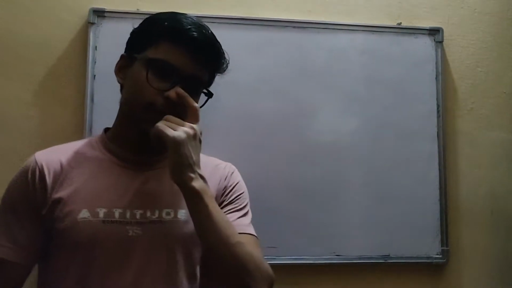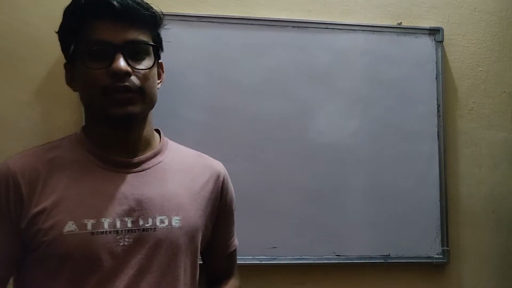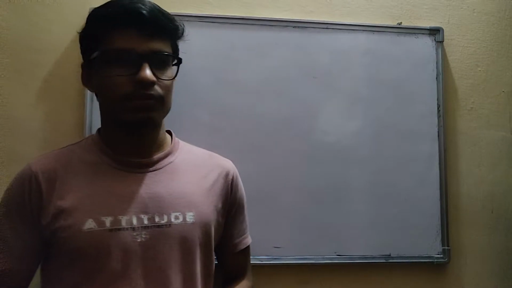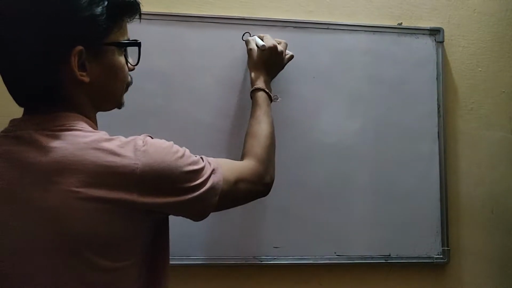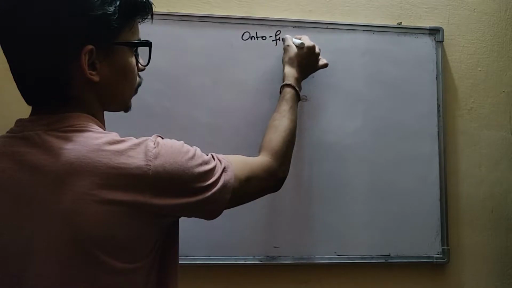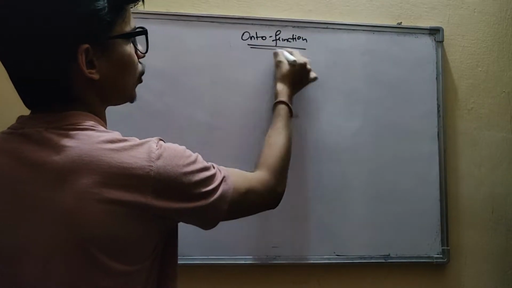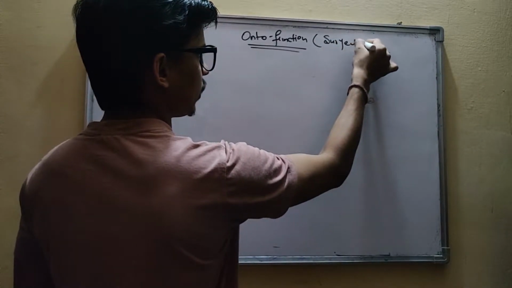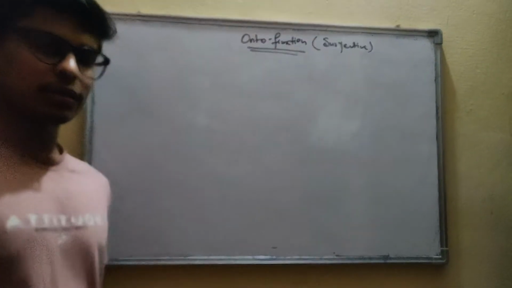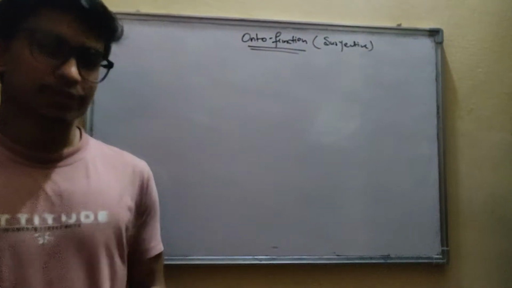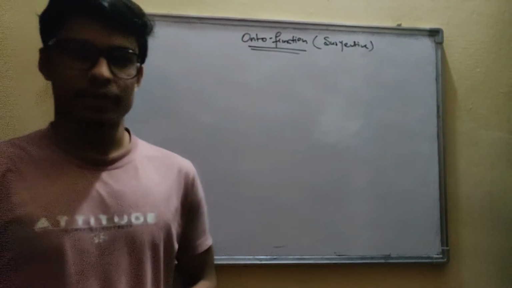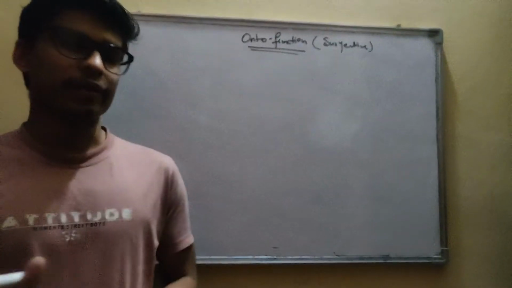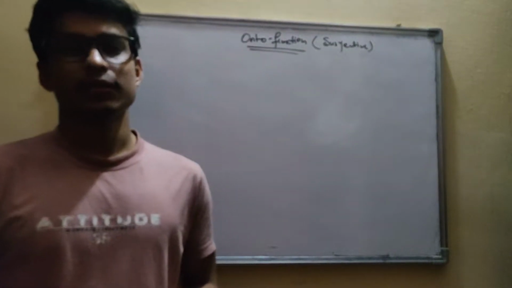So today we are going to discuss onto functions, right? In functions, we are already done with one-one function. So now it is onto function. Onto function means surjective, basically. One-one function is known as injective function, and onto functions are surjective, and surjective and injective functions combined are known as bijective functions, and bijective functions